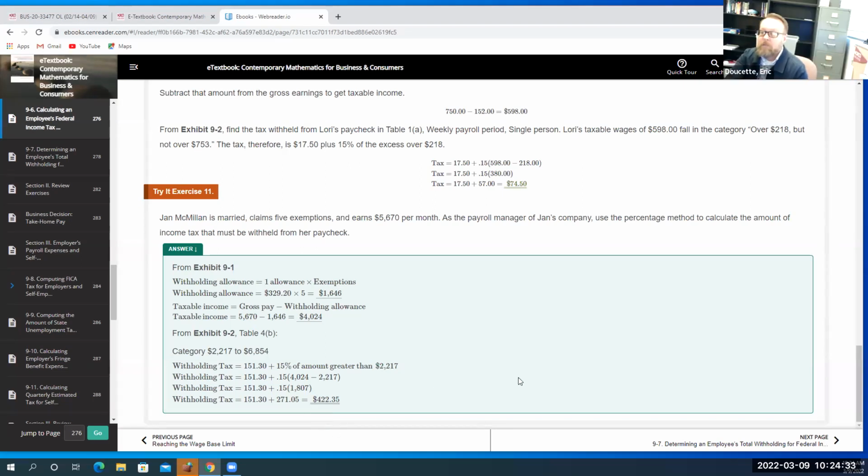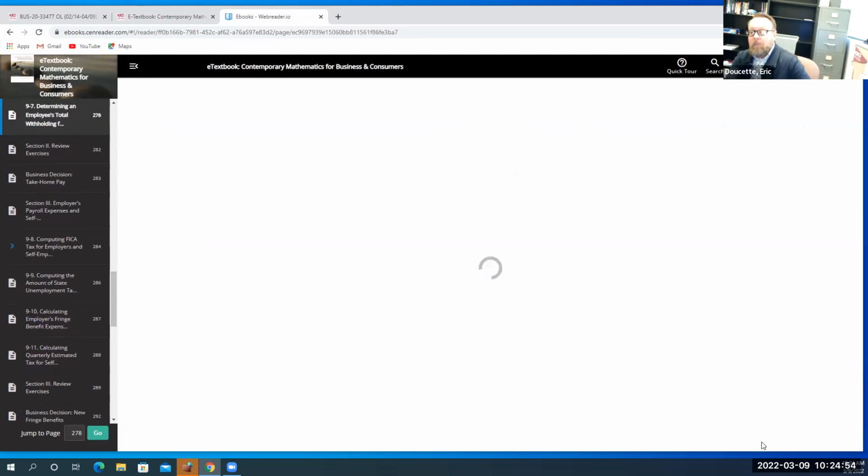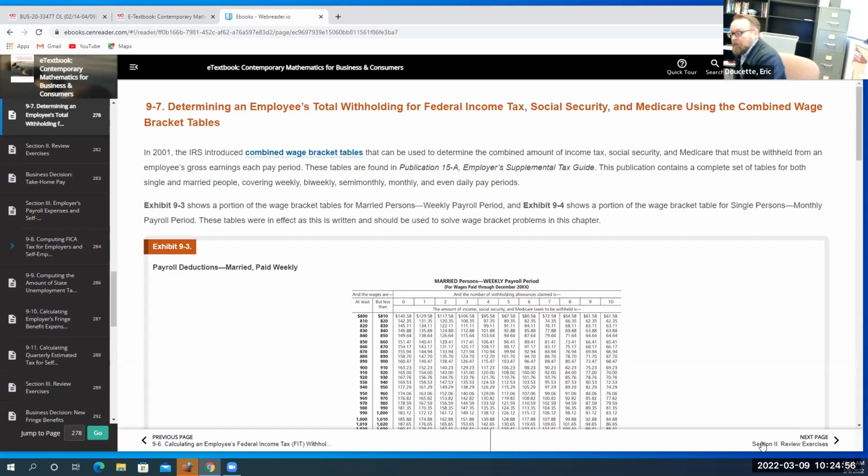And by the way, those tables are all you need. You don't really need to do anything other than those tables, even in the real world. If you're going to figure your taxes, those tables are updated every few years, so you have to use the latest tables, but that's how you would figure the person's federal income tax, or yours. Now, your book does get into the employee side and also the employer side of those taxes.